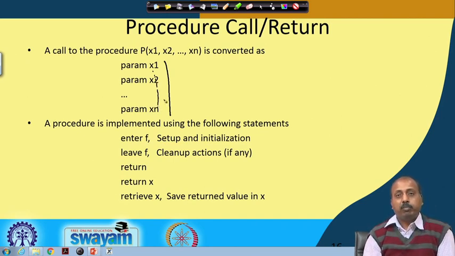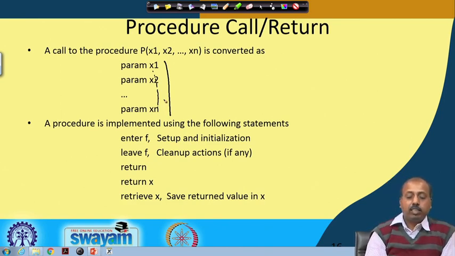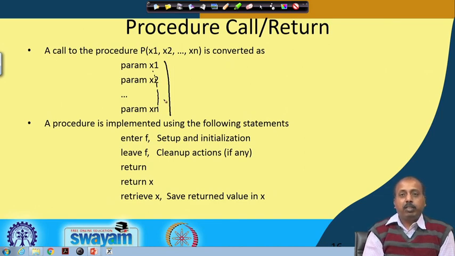Now, how these parameters will be implemented in the target language, that is a question. We do not answer that at this level, but we keep a note that x1, x2, up to xn are parameters. As we have already seen in runtime environment management, we need to create the activation record.